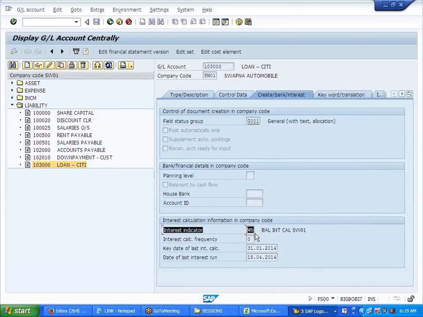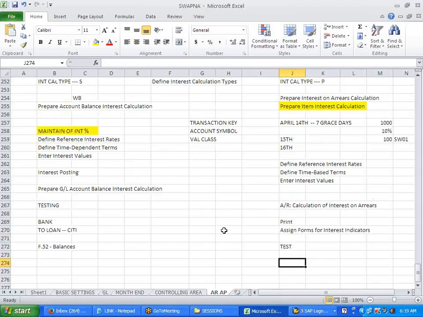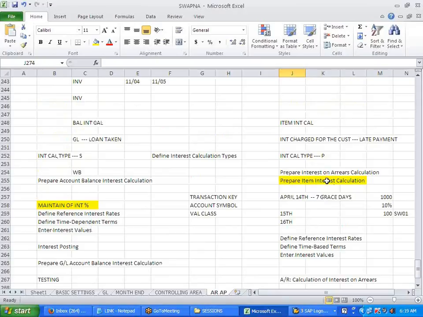You able to recollect? In the master data for this loan account. In the same way, the interest indicator for the customer is WC, right? We created WC for this, WB for this. This WC, then where should we update?